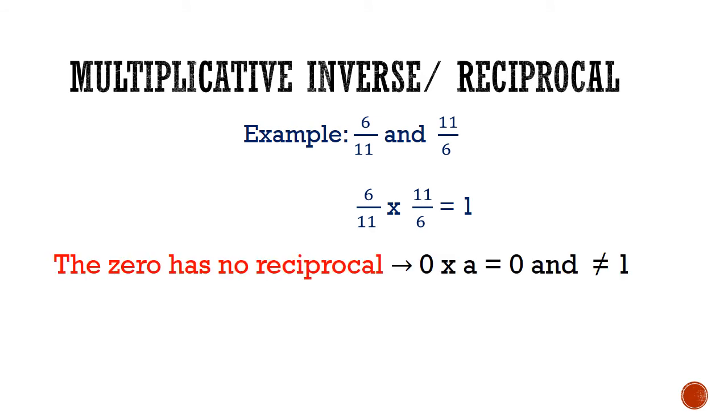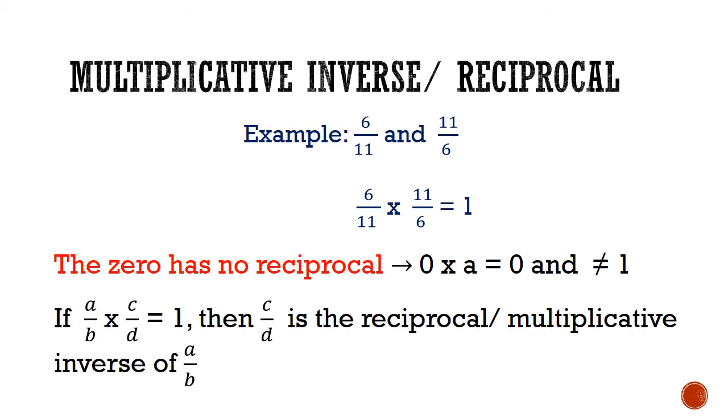Clear? Now take 0. Has 0 got any reciprocal? If you want to get a reciprocal for 0, you will have to write it as 1 by 0. Is there any number like that? On multiplying 0 by any number, you are going to get the answer 0 and not equal to 1. Only if you get the answer as 1, you can say one is a reciprocal of the other. So, you can say 0 has no reciprocal. Is that clear? Because 0 into any number is equal to 0 only and not equal to 1.